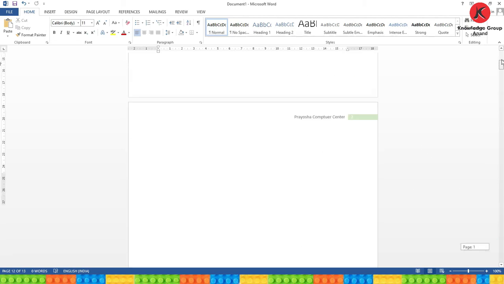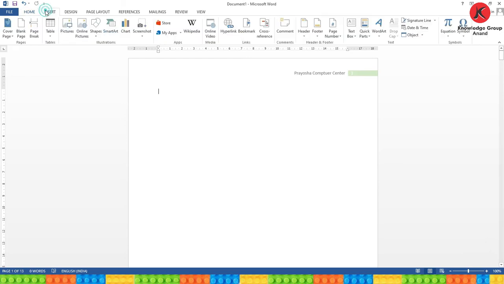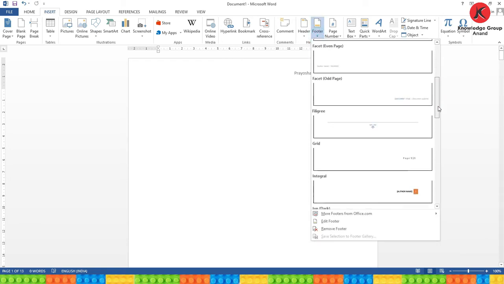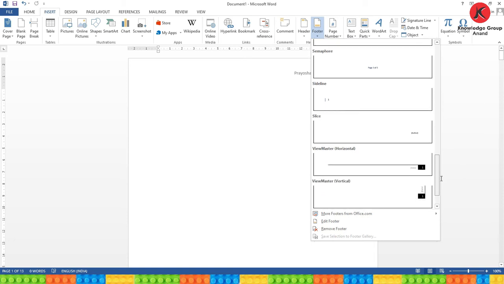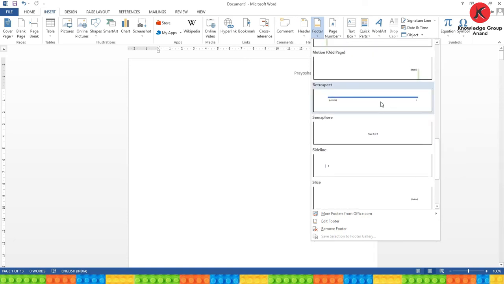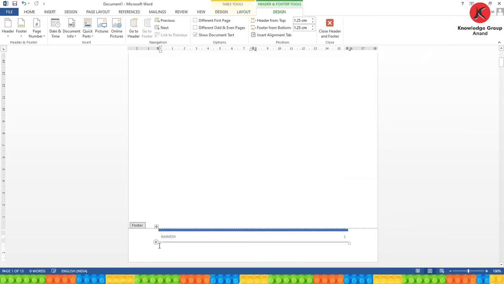Okay, now second, the footer. Select the Insert tab, go to the Header and Footer group and click Footer. In the footer we have the same options, but it will display at the bottom of the page. So if I want this one, then click on that, and it will display here. By default it shows my computer name, but I want to change it. So I will type here